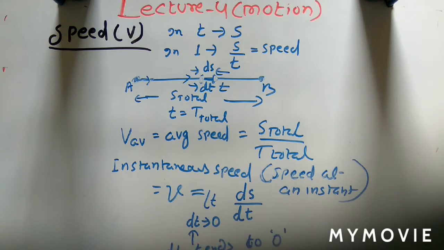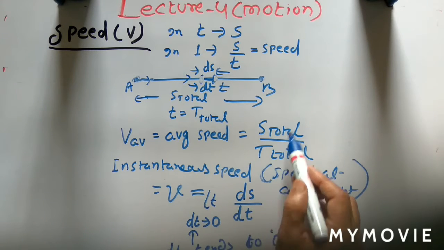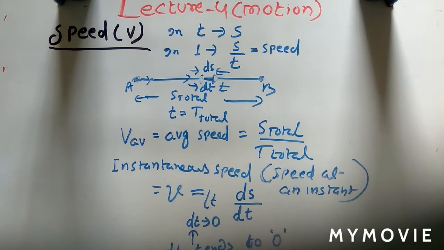So that speedometer will give instantaneous speed. Suppose a car is running at 60 km per hour, that can be measured by the speedometer. So the speedometer always gives which reading? Instantaneous speed, not average speed. How will you find average speed? It is the total distance covered per total time. So this is about speed, average speed and instantaneous speed.